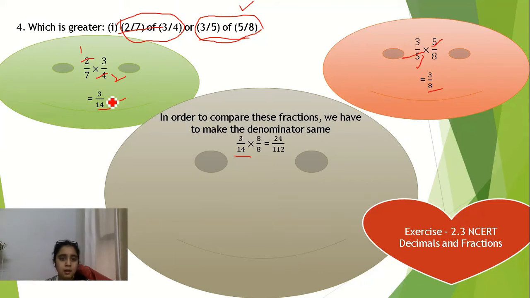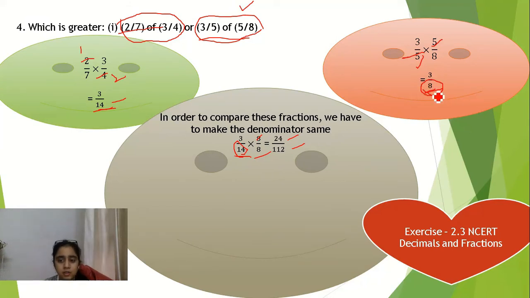First, you can take the LCM of 14 and 8, and whatever LCM you get, make the denominator equal to that LCM. And the other way is that here the number is 14 and the other number is 8. So if you want to make the denominator same, this denominator is 14, so you can multiply with 8, which is the other denominator value. So multiply 8 with both the numerator as well as the denominator. So 8 multiplied by 3 is 24 and 14 multiplied by 8 is 112.